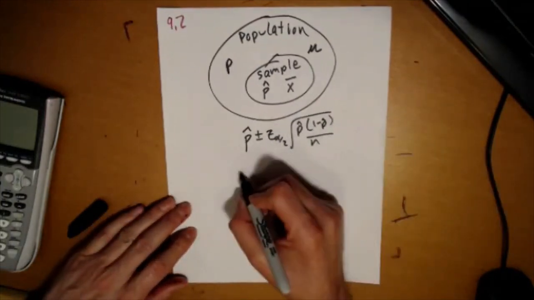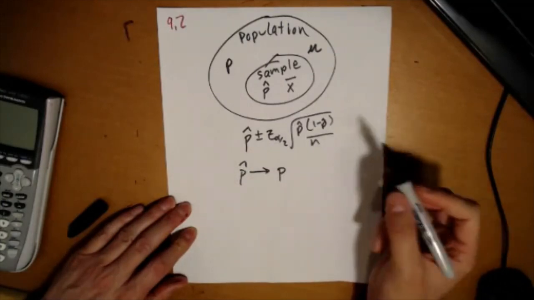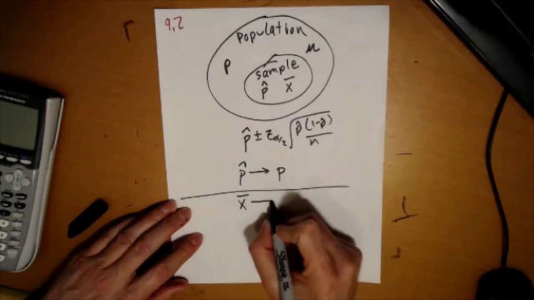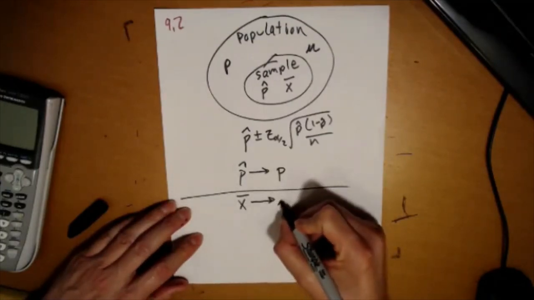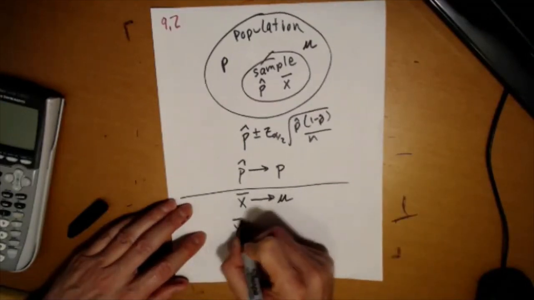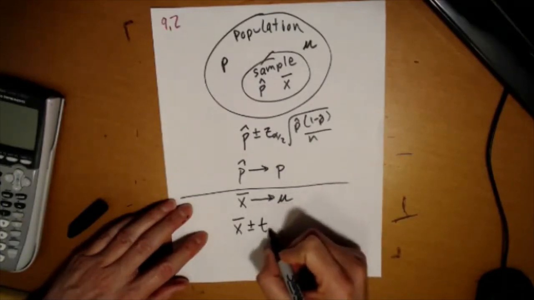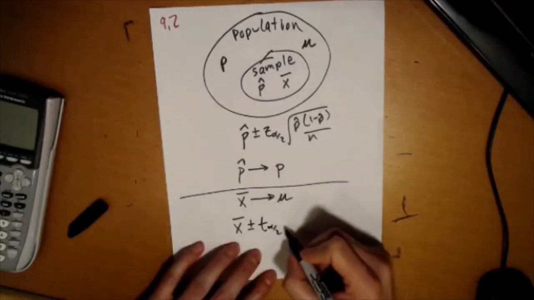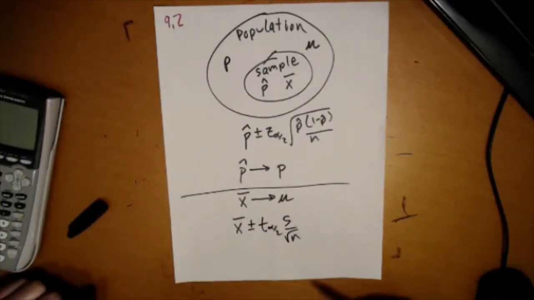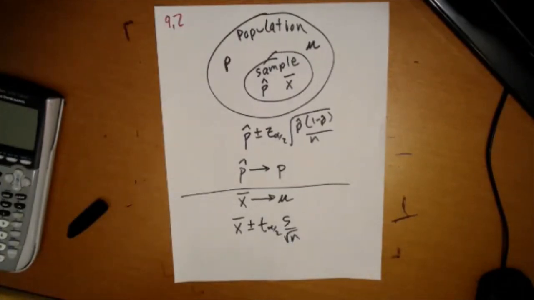And the whole reason we did this is because p hat is a point estimate. It's a good approximation to p. So we're going to play the whole game over because x bar is a good approximation. The sample mean is a good approximation to the population mean mu. And so our formula is just going to be x bar plus or minus, instead of z, we now have a new distribution, t alpha over 2, times s over root n. And hopefully you watched that video that I told you to watch before this one, and that talks about the t distribution. But really quickly,